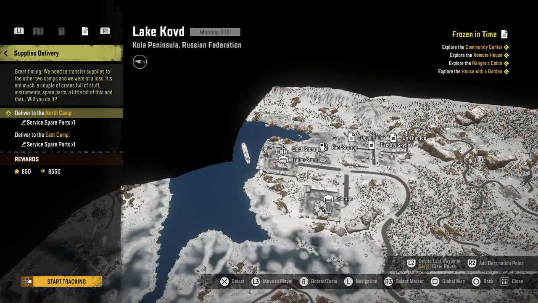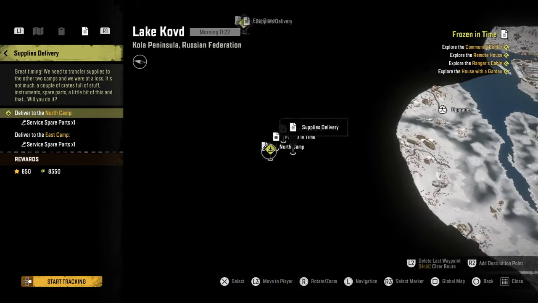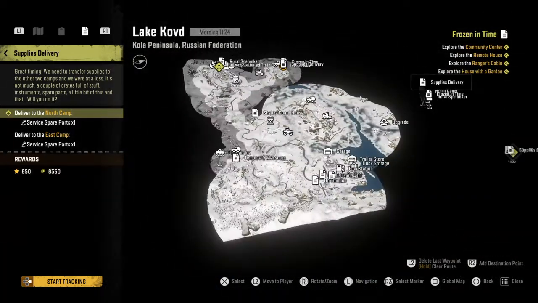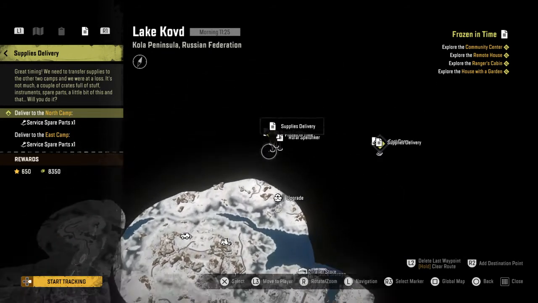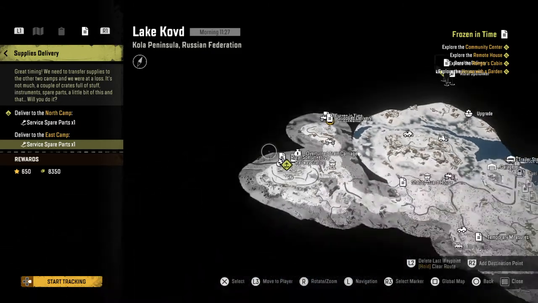So there's two different menus. Be aware of that. So service spare parts times two, one to the north camp and one to the east camp, which is in the fog of war. Now sometimes these service spare parts, I have to first find them. But it looks like I can purchase these spare parts. But so far I have not found any,